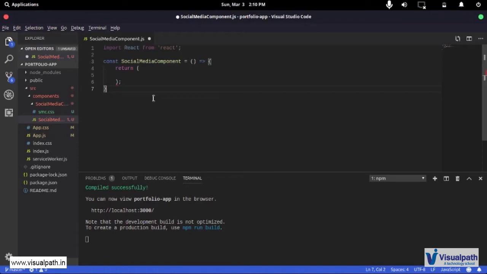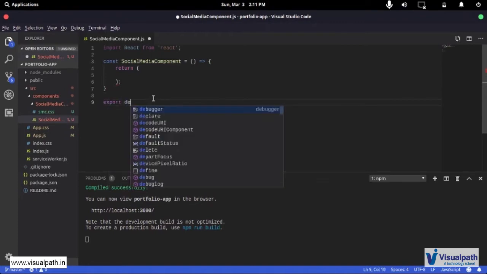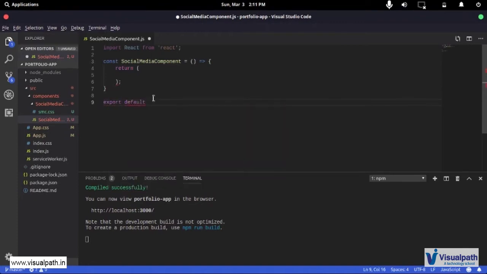Now people around the React community also like to differentiate between whether they have a functional component or a class-based component, but I don't think that is important, and that is just a preference. So I like to just have a component folder, and inside that I have folders for my individual components, and then I create those components. Now I'm just going to export this. So export default social media component. Now let's write some JSX and think about how this is going to work.